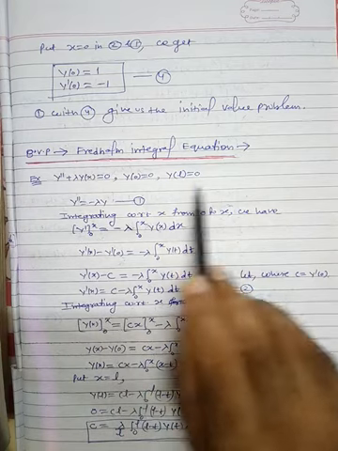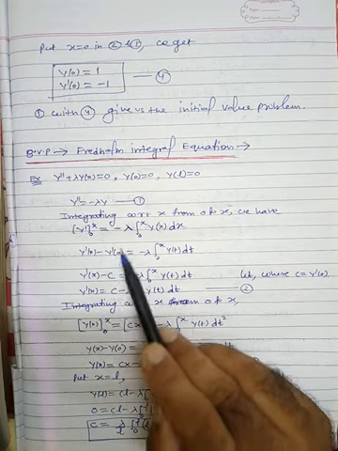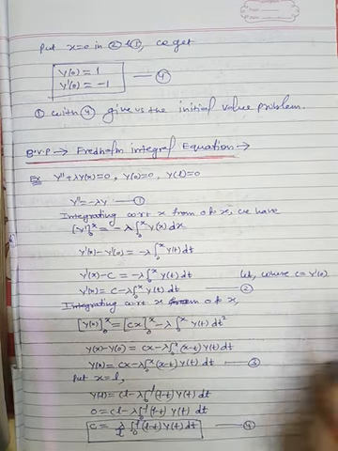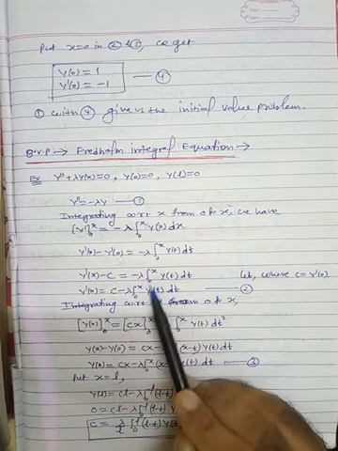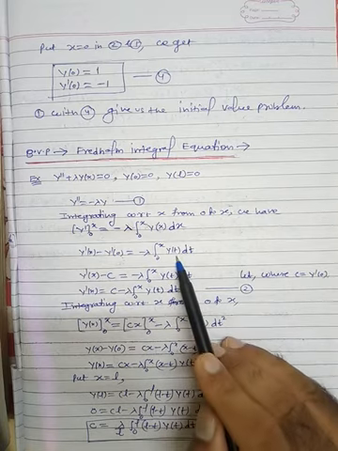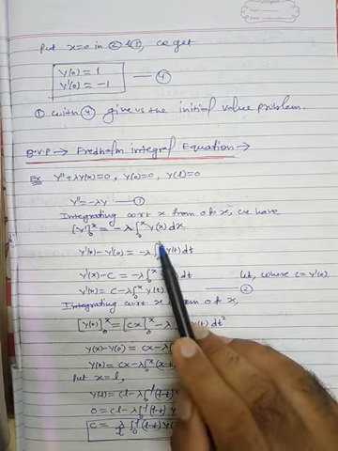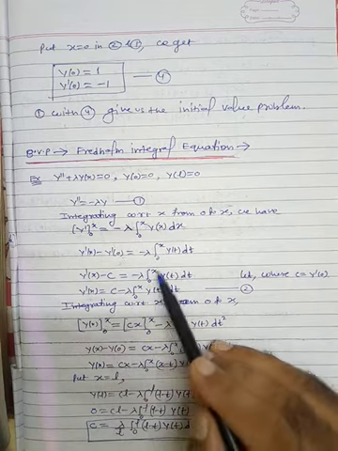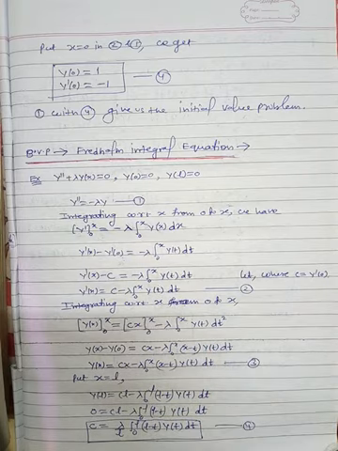And here you will see that y dash 0 is not given to you. So suppose this y dash 0 is some constant c. So let c be equal to y dash 0. So just written here, c is equal to minus lambda integral 0 to x y(t) dt. Here we have replaced x by t, and you know the reason. After one integration, we again have a second integral, and we will convert the second integral into a first integral. So we will use that formula.